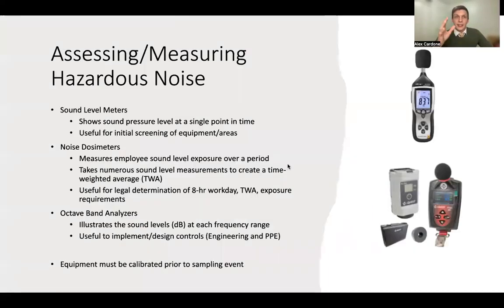So then finally is assessing and measuring hazardous noise. There are three pieces of equipment that are very important to understand when it comes to noise measurements: sound level meters, noise dosimeters, and octave band analyzers. Up at the very top right, that is a sound level meter. This measures the sound pressure level at a certain point in time. For example, this 1 second, this is what the sound